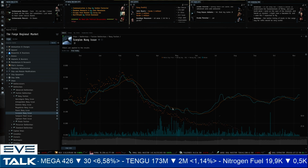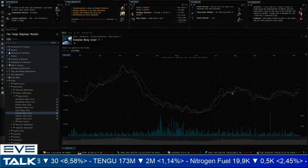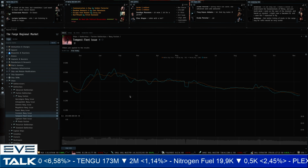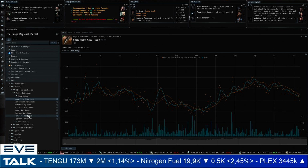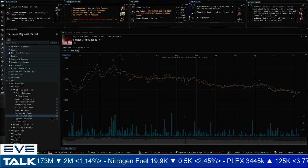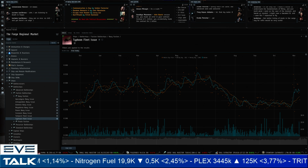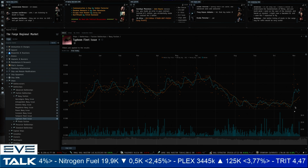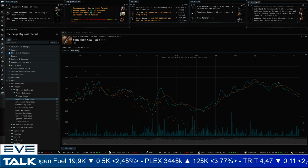Scorpion Navy issue, same pattern at the moment. Bottom here 400 million ISK and back up in price. And then we've got the Apocalypse actually going down. This is really weird here. Tempest Navy issue actually at a 1-year low point or very close to that. Perhaps the Typhoon Navy issue jumping up in price. That makes more sense. Typhoon Navy issue here, jump up in price to 450 as the Apocalypse Navy issue goes